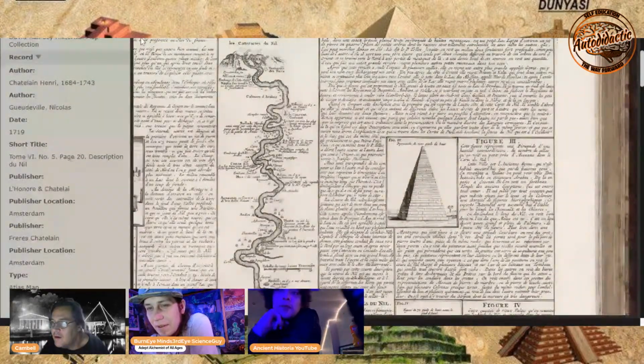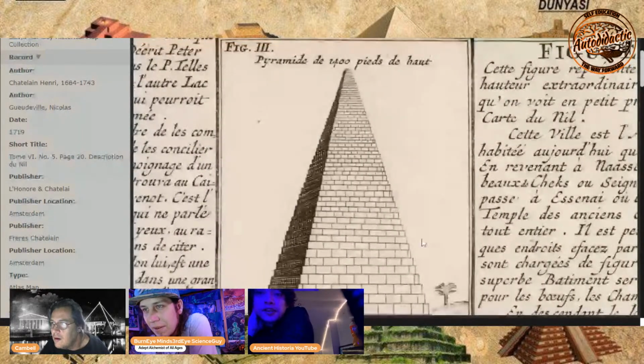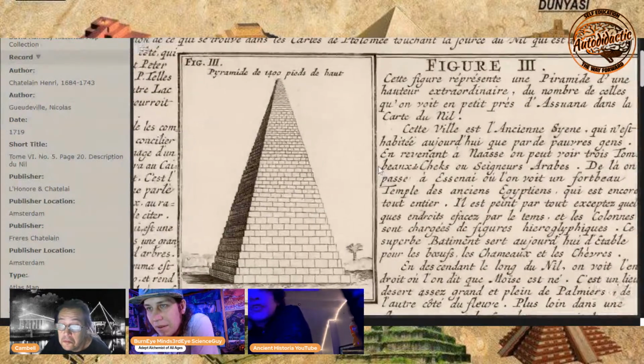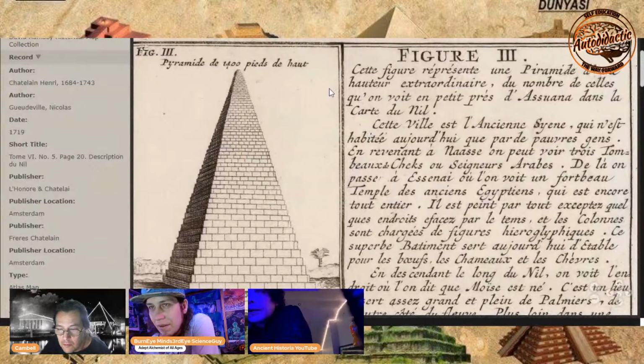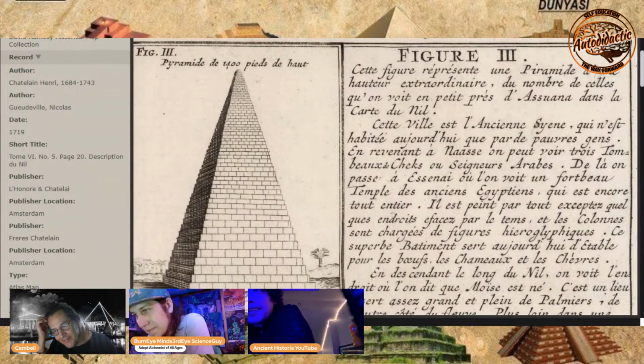Right. So zoom in on that pyramid at the bottom right. You can see now that it actually says above it in French that this pyramid is 1,400 feet tall. Just for reference, the Empire State Building is 1,456 feet tall. And look at that, it says this pyramid is in